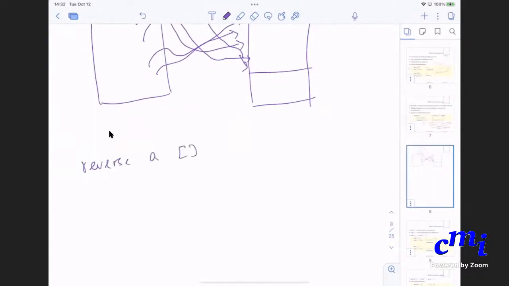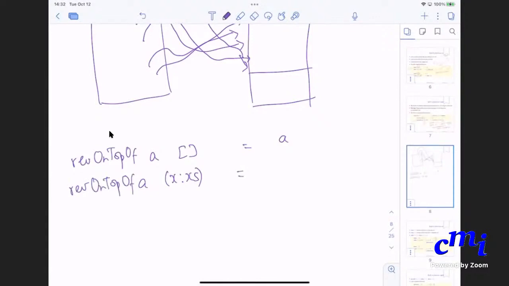If you want to reverse the empty list onto A, it is nothing but A. If you want to reverse x colon xs into A, not reverse, reverse-into, then what will you do? You will first put x on top of A, so it will be x colon A. And then you will reverse xs on top of x colon A. Okay.